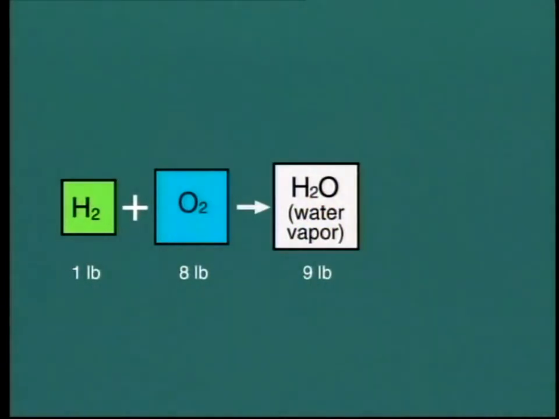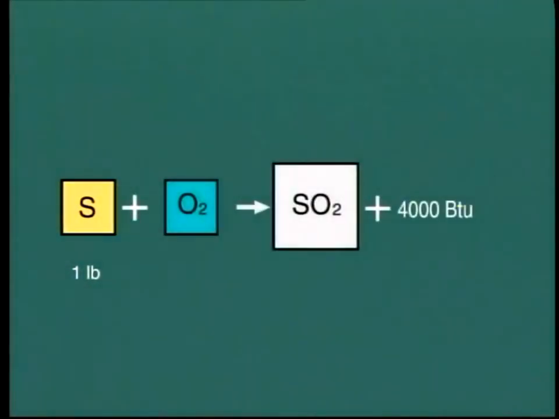The combustion of hydrogen releases a large quantity of heat, that is 61,500 BTU per pound of hydrogen. Sulfur, on the other hand, contains far less heat, that is 4,000 BTU per pound, and requires 1 pound of oxygen to combust. This reaction produces 2 pounds of sulfur dioxide, SO2. So if we know the percentage of each ingredient in a particular fuel, we can easily calculate the heating value